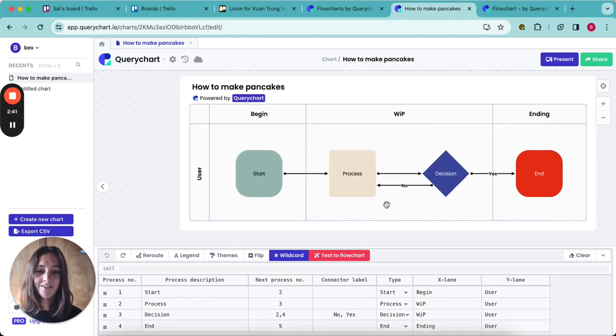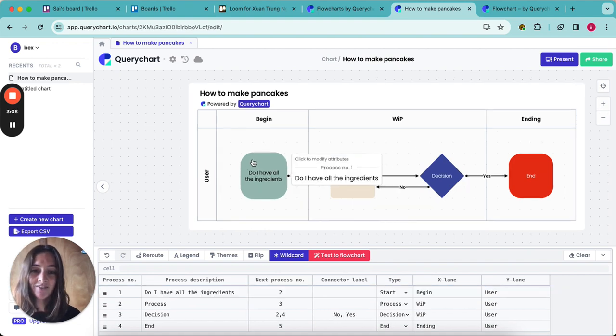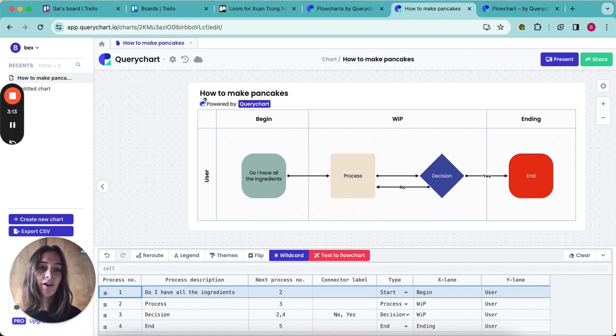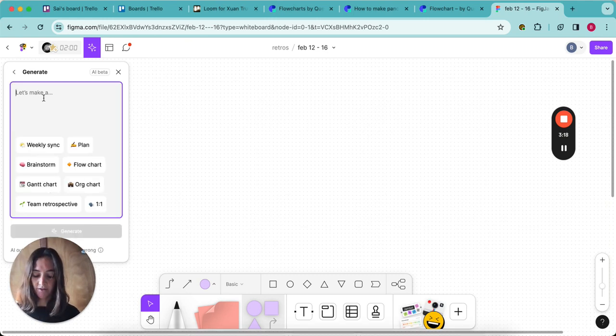So the first thing that I wanted to try and do is start clicking into changing the text. So I want to change this to a decision to say, do I have all the ingredients? And to be able to change this to a decision, I expected to be able to just click the box here, and maybe what you could do is let me click it. It's similar to FigJam. I'll show you. So I use FigJam. I'm sure it works a lot similarly to Miro, but